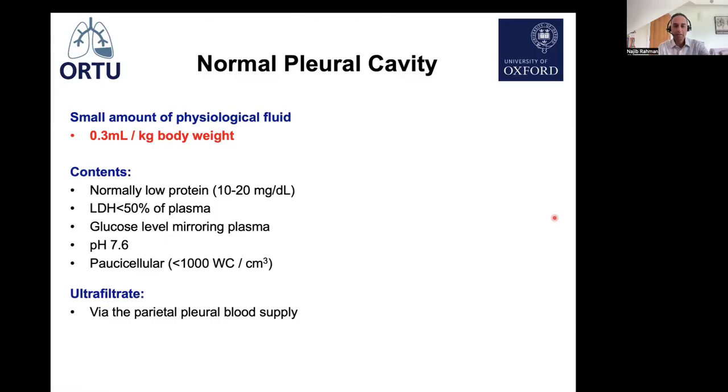And pleural fluid in the normal state, in this small amount, is an extremely boring fluid. So it's low protein, it's an ultrafiltrate. It has an LDH that's less than 50% of plasma. The glucose should exactly mirror that seen in the plasma because it's a filtrate with a pH that's pretty unexciting. And it has some cells in it, but less than 1,000 white cells per centimeter cubed. And as I've said, it is an ultrafiltrate we think derived from the parietal pleural blood supply and filtered into